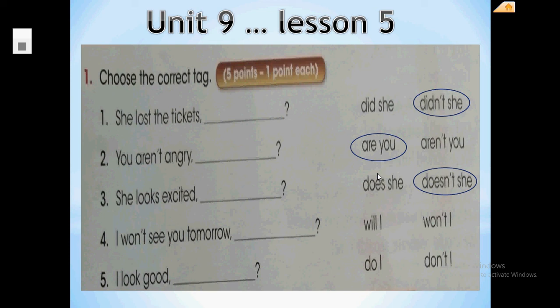Number four, I won't see you tomorrow. By the way, won't here is the abbreviation of will not. So the sentence is I will not see you tomorrow. Okay? So the sentence is negative. The question will be positive. Number five, and the last one, I look good. Yes, positive. The question will be negative. Very good, guys. Excellent up to now. Let's move to